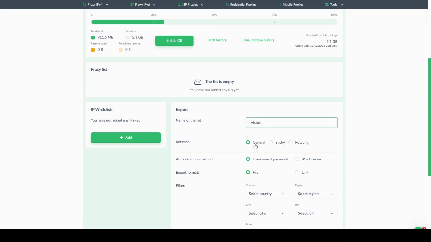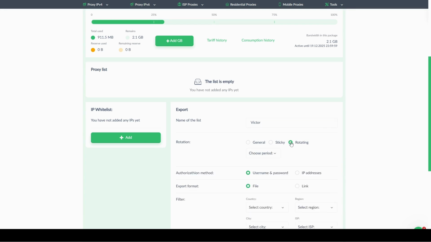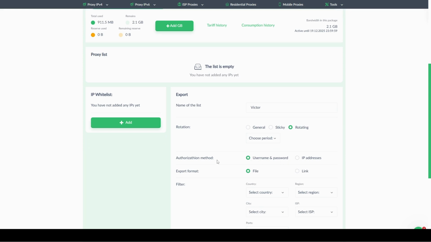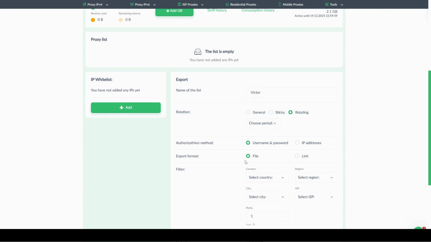And then for this, okay, for the sticky one, the IP will just be the same, but for the rotating, you can choose whether it should rotate in a span of 20 minutes or 60 minutes. So it will change the IP address, but the same location with a different IP address for that location. Okay, yeah, that's the meaning. So you can either choose, but I prefer the rotating proxy. Sticky or rotating, it's all the same, it's good. And then after that, authorization method, always use username and password. And then export format, you can choose a file or a link, but let's choose a link, then I'll show you what